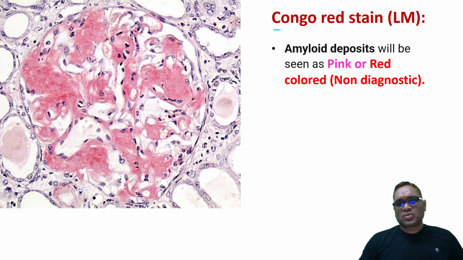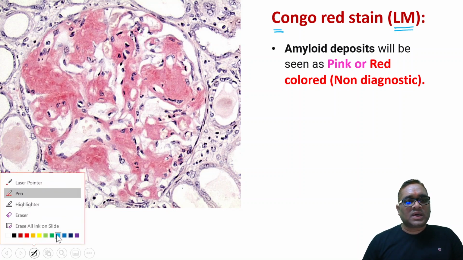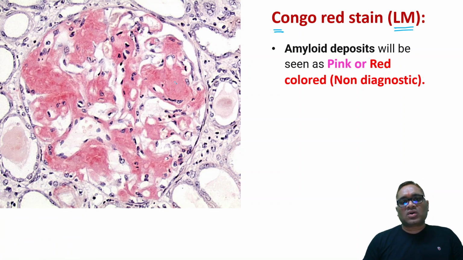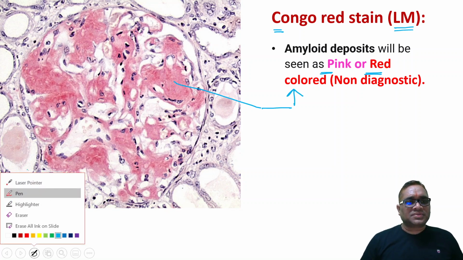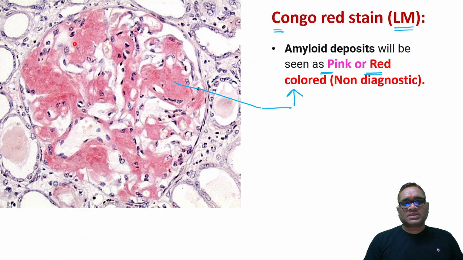First of all, I am going to show you the Congo red staining under light microscopy, right? What will be the color of amyloid? Now you can see these are all amyloid, and how is the color? It is red in color, pink or red acellular extracellular material. All this pink color appearance is extracellular. This is a renal biopsy, glomerular capillary, and between the capillaries you can see extracellular acellular pink amorphous material, no morphology, no cell, outside the cell.